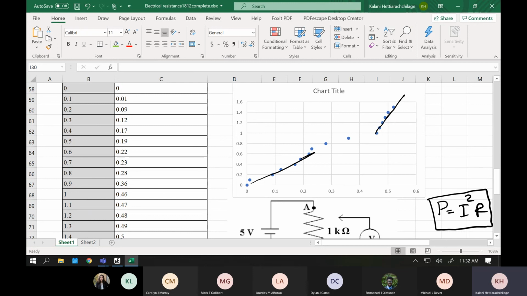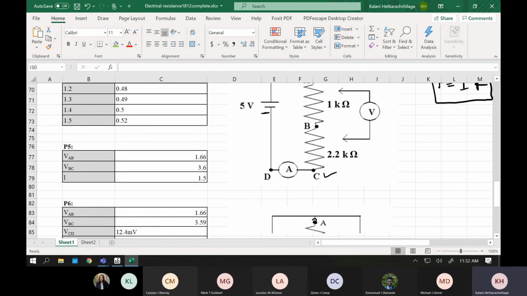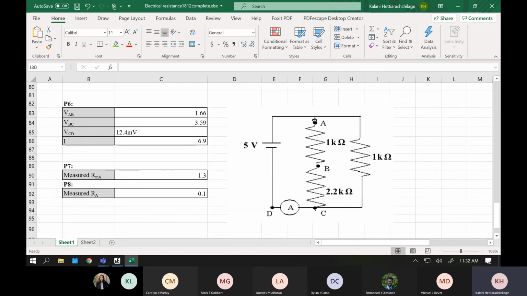That will be your W5, and W5 and 6 both are the combination of this plot. And W7 is asking you to calculate the internal resistance by calculating VCD over I. I hope you guys can do it yourself. You have all the values, and that will be the W7 calculation. You guys can do it. It's not hard. Okay, anybody have any questions? Okay, so now you guys can go.